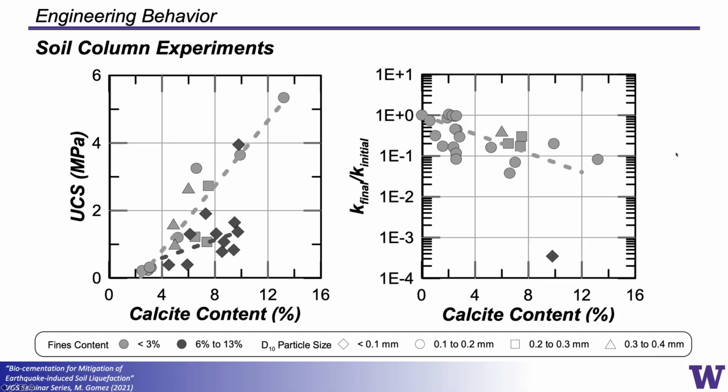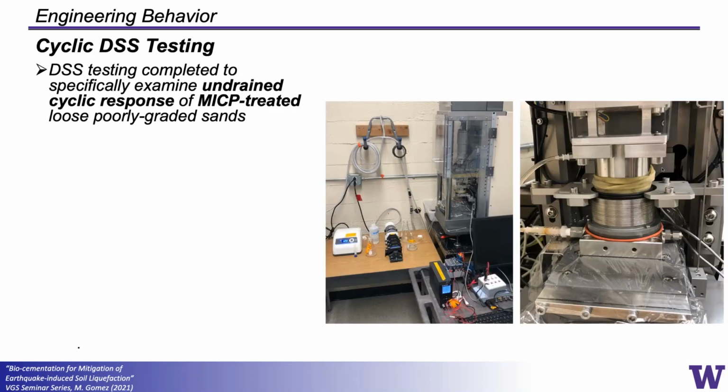So permeability really isn't reducing all that much, unless we get some really siltier or finer grain materials, at which we have observed more significant changes. Moving forward to talk a little bit more about some of the more recent testing we've done, we've really focused on direct simple shear testing to specifically examine the undrained cyclic response of these sands for understanding the liquefaction behavior